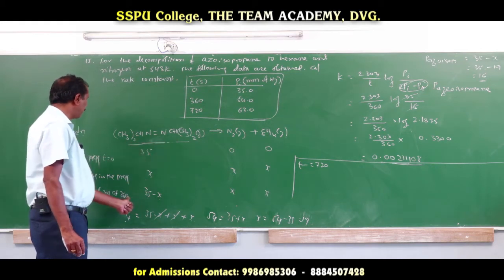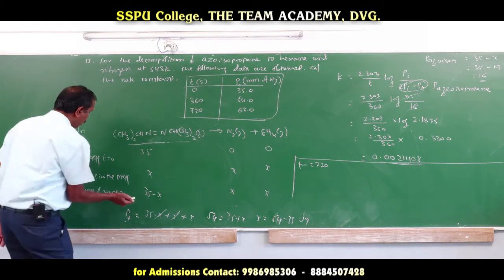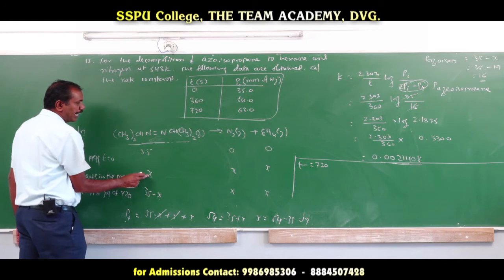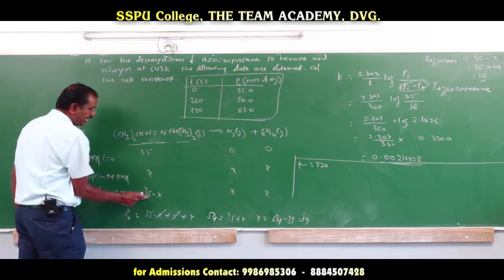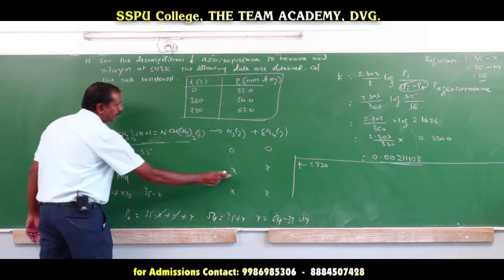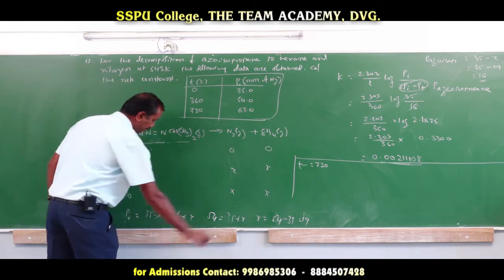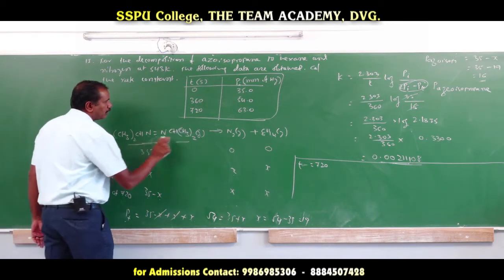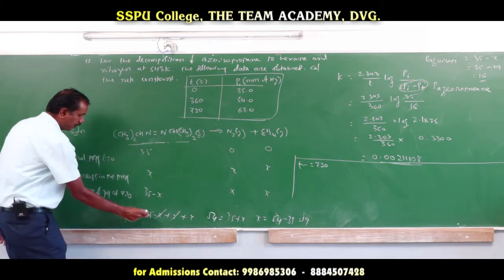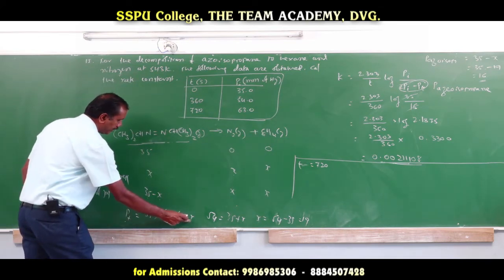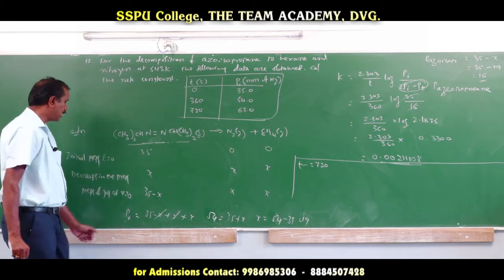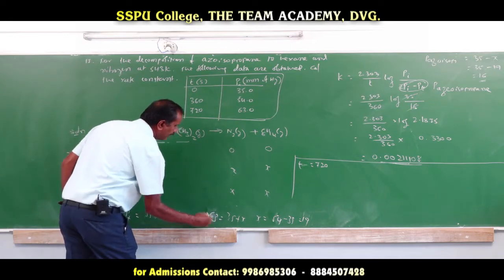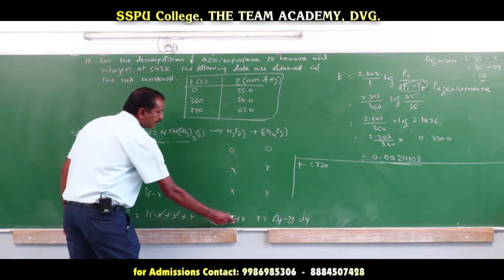Azoisopropane at 720, how to find out? So the pressure of gas at 720 equals 35 initial pressure. X can be reacted, left behind it becomes 35 minus X. This X can be formed, this is X, this is X. So here P total is calculated by the sum of partial pressures of azoisopropane plus nitrogen plus hexane. So that is 35 minus X plus X plus X. Minus X plus X cancelled, then PT, what is the value of PT here? That is 63. So 35 plus X, where X equals